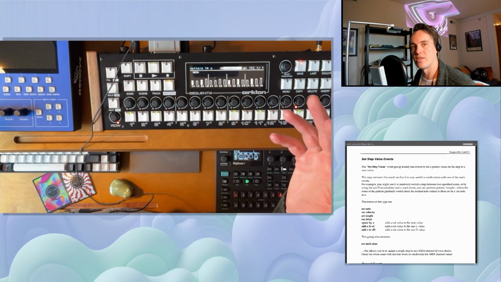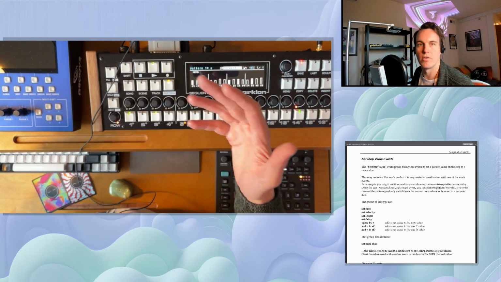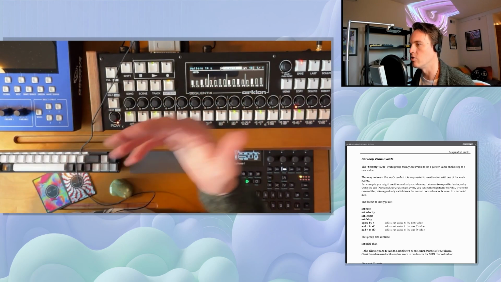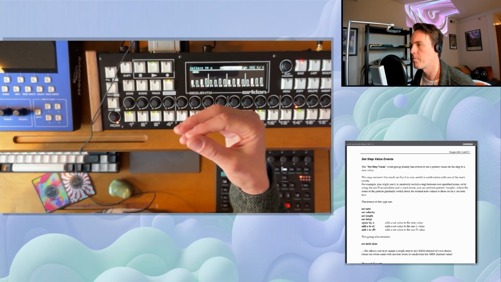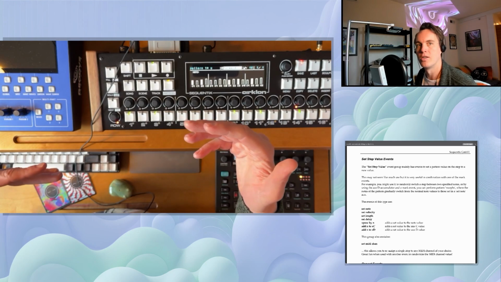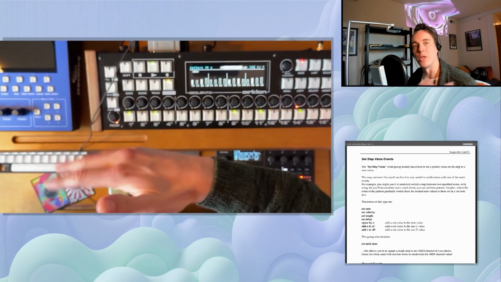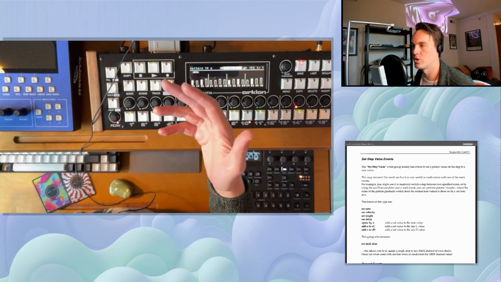Why does this make sense? We kind of stumbled upon the reason for it in the last video. You can use things like mask events to use probability to switch between the value. We'll just start with that. But